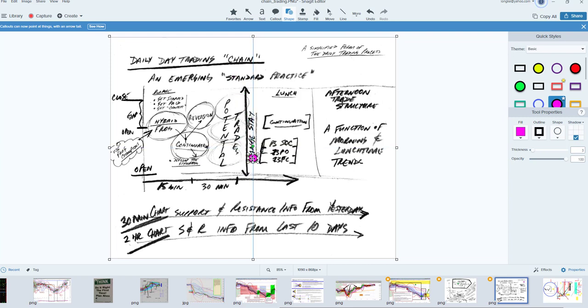We would use the 30-minute and 2-hour charts to start figuring out support and resistance from yesterday and from the last 10 days, and then start using combinations of the frog box or the hybrid frog or the RLCO framework to start looking at sideways quiet channels or continuation patterns. And then that morning trade would give us the geometry or the trade structure that would allow us to continue through the lunchtime and into the afternoon and then be flat by the end of the day. So that's where we were in terms of sketching